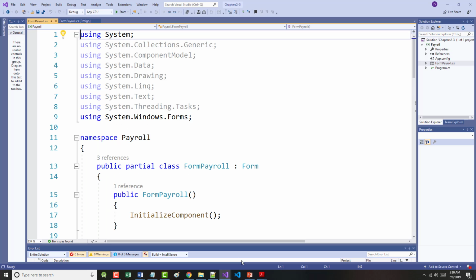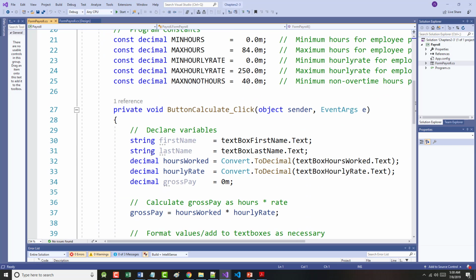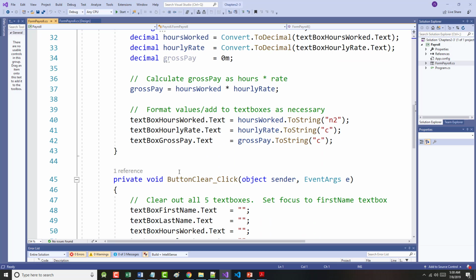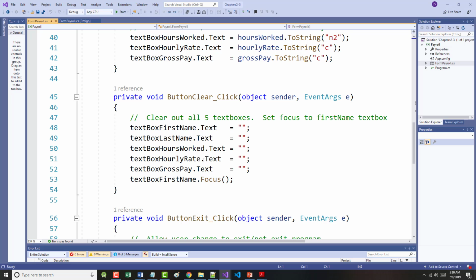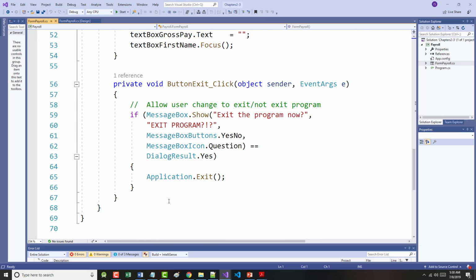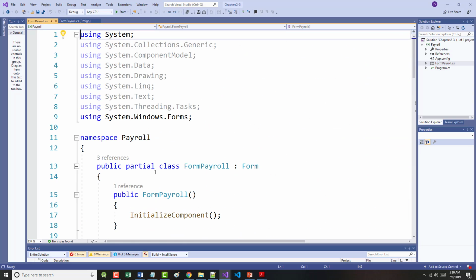So I've got this program from chapters 2 and 3, and we've got some constants, what we do when there's a calculate button clicked, what we do when there's a clear button clicked, etc. And exit. So I'm going to write basically the same type of program, but I'm going to write it